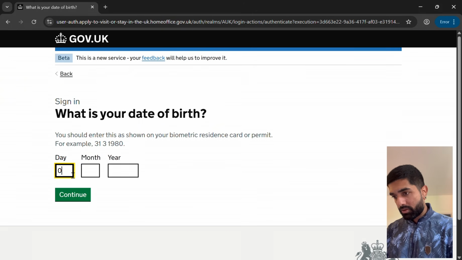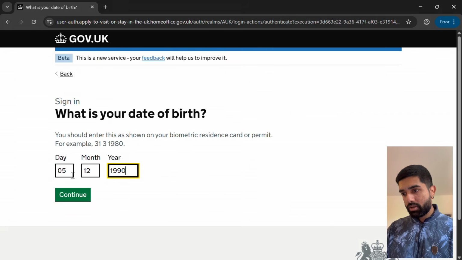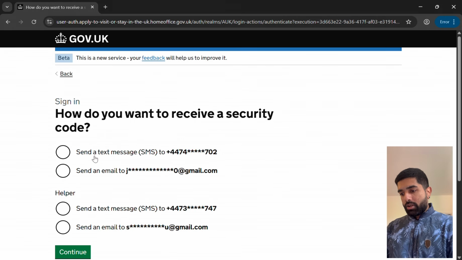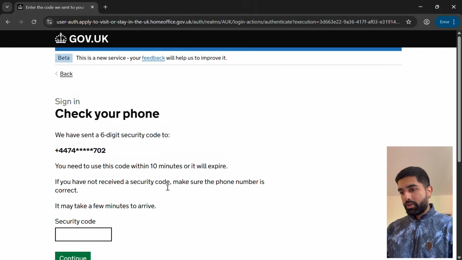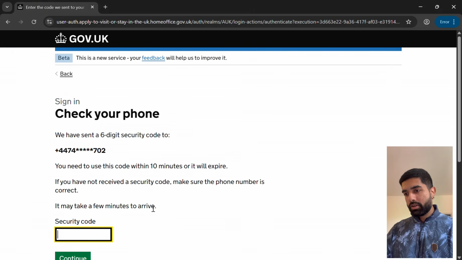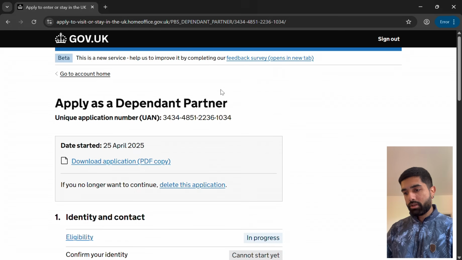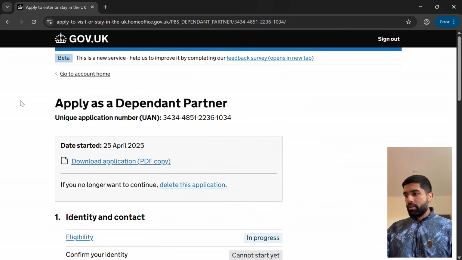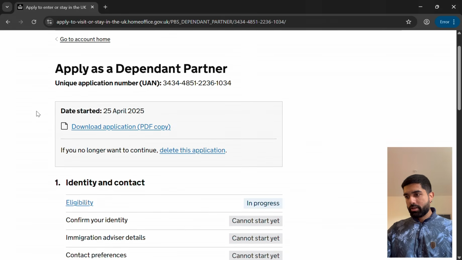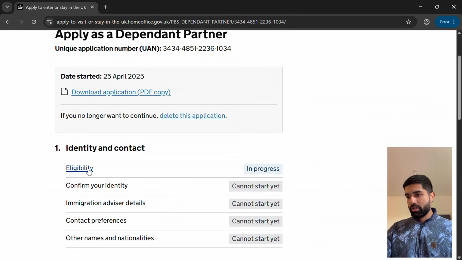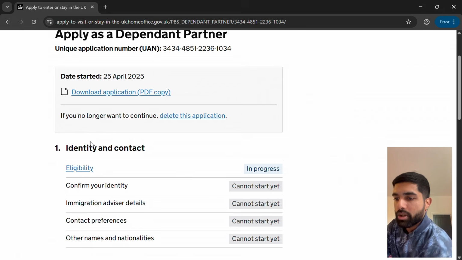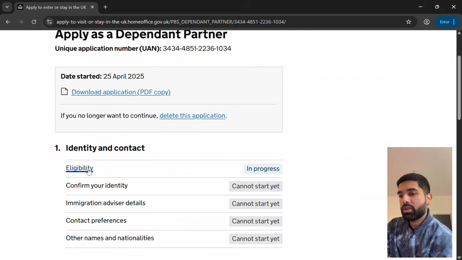Five two five 1010, 512 2019, 35158. Okay, so once you have created this account with the UKVI website, it will take you to this page where